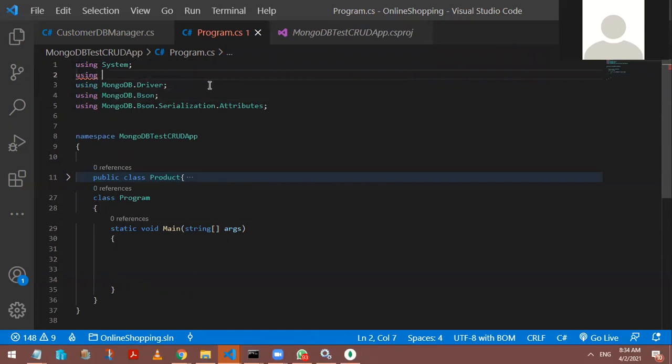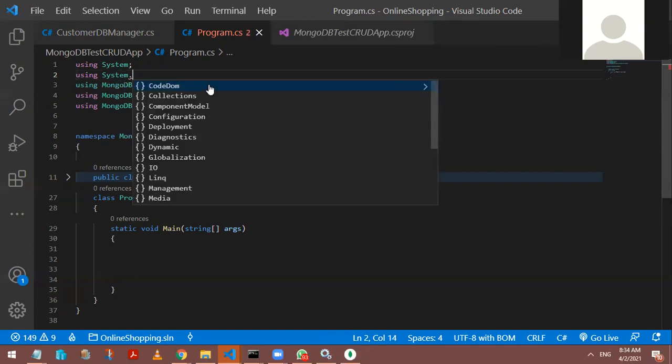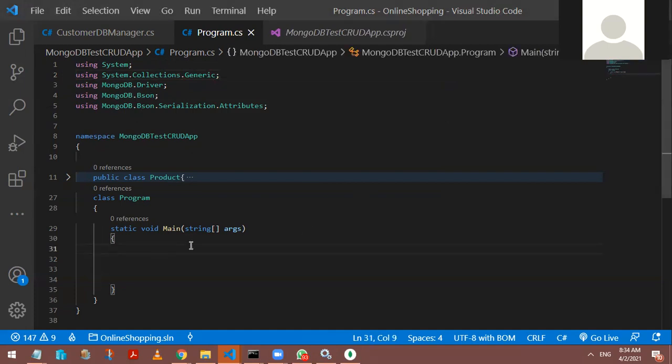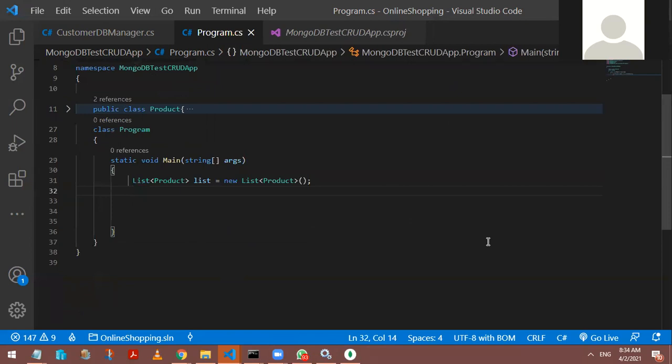Using System.Collections.Generic, yes, because I want to deal with a list collection. So can I just go back under this program and create the object of that list of products? Can I create a container which is going to be empty initially? Yes, a list of Product will be my empty container. I want this empty container to be filled with the data fetched from the MongoDB database. This is one of the simplest programs you'll see.